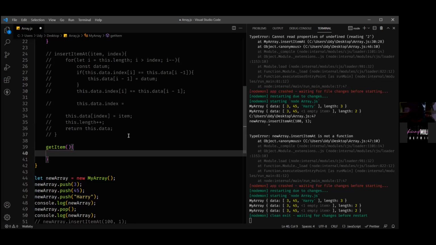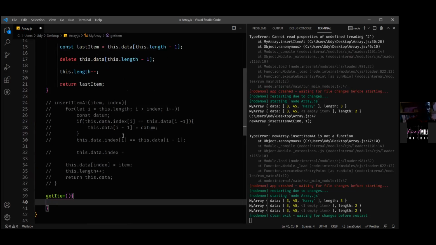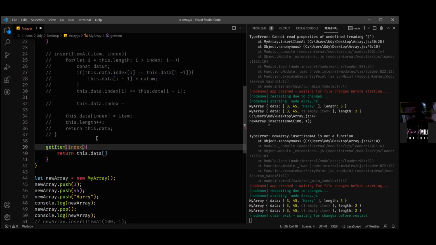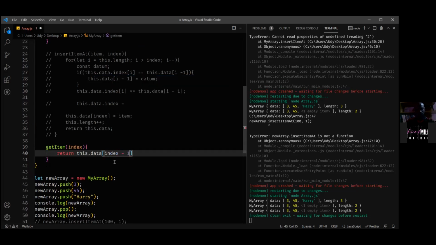All we need to do is grab that item. In order to grab that item, we can just return that particular value at that index. We can say return this.data at a position. We'll pass in index here, so we can say index minus 1.